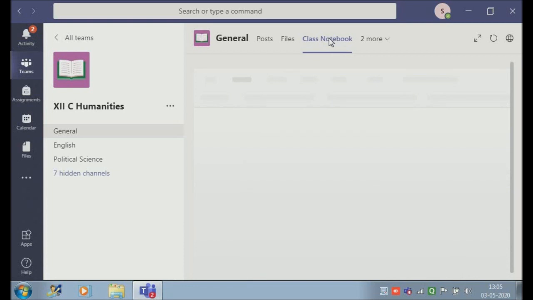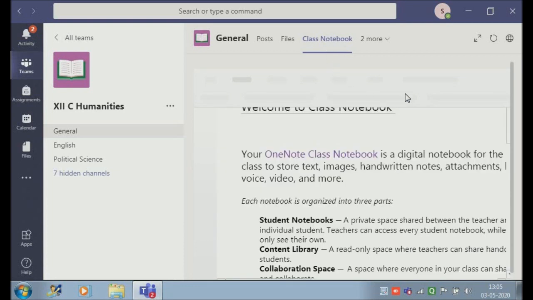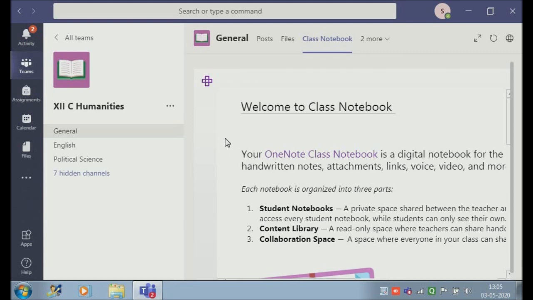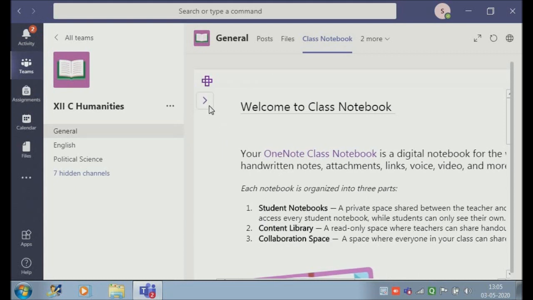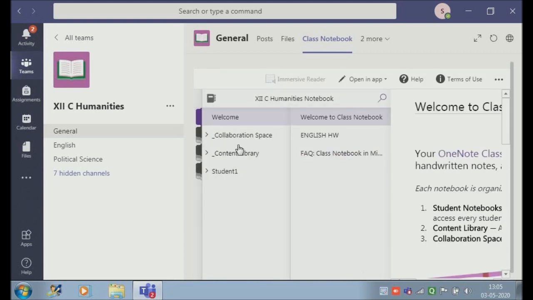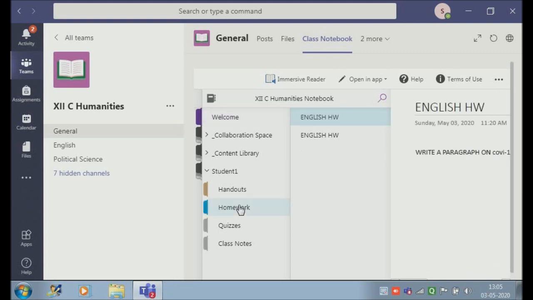After that, literature about the class notebook will appear, and from navigation panel the child can see his name, and when he or she will click on his name, all the 4 or 5 sections which we have created will appear, and then from there he can click on homework to check the homework.